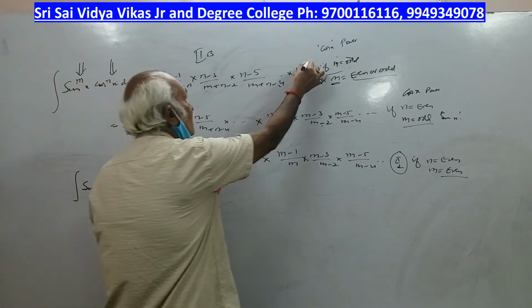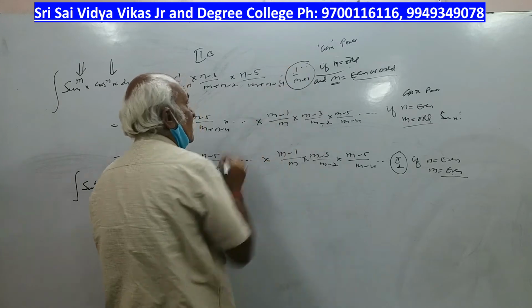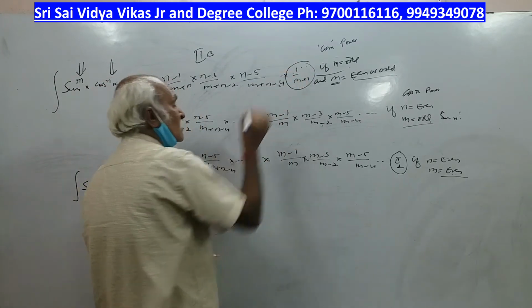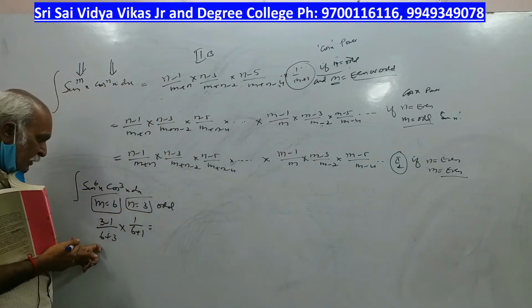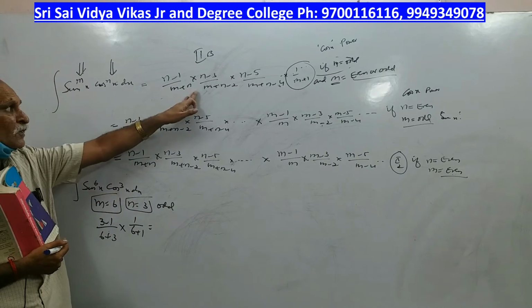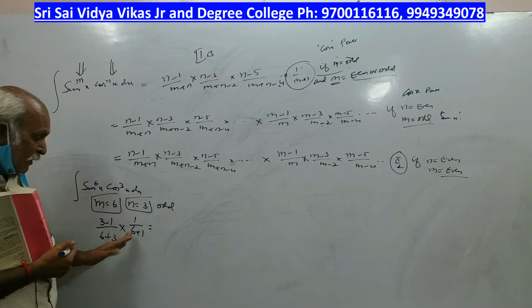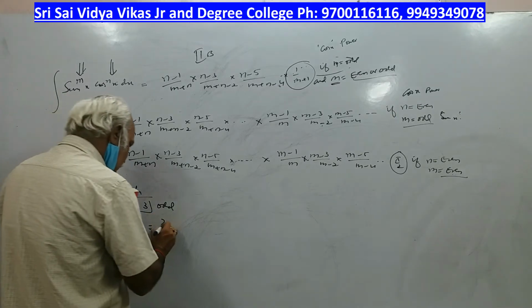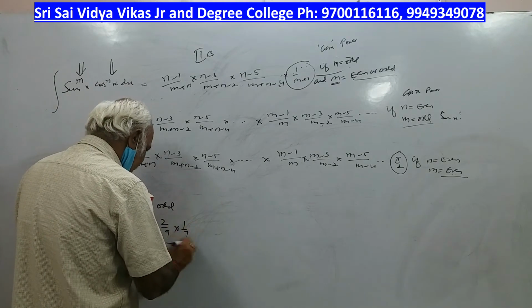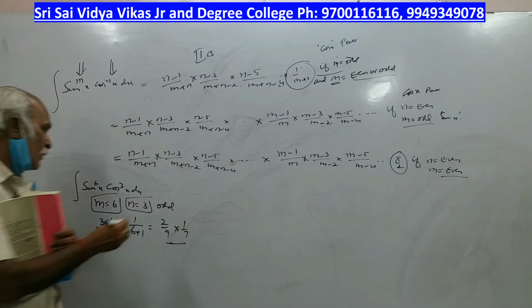This last one. What is the last one? 1 by m plus 1. So here, 3 minus 1 by 6 plus 3. First formula is over. 3 minus 3 is 0, so we have to stop. Then we have to write 1 by m plus 1. So what did we get? 2 by 9 into 1 by 7. Right? For example,